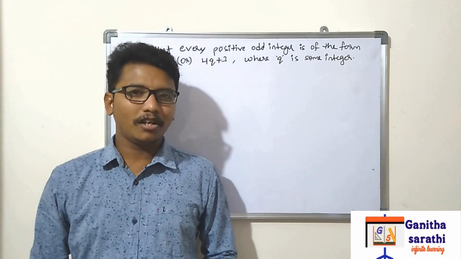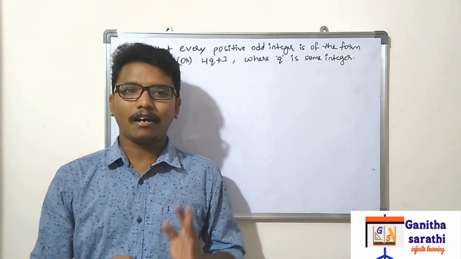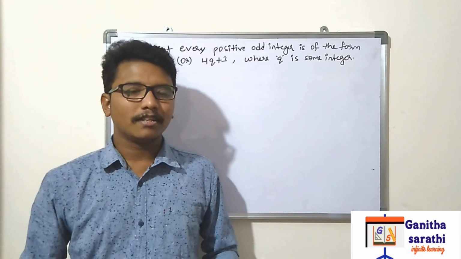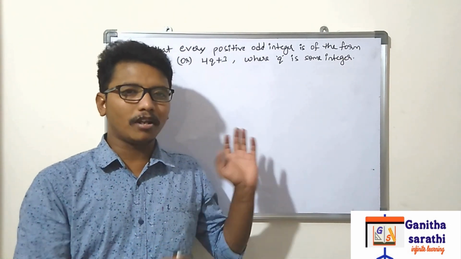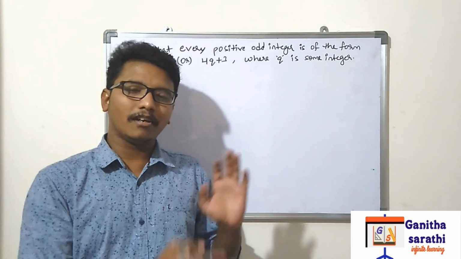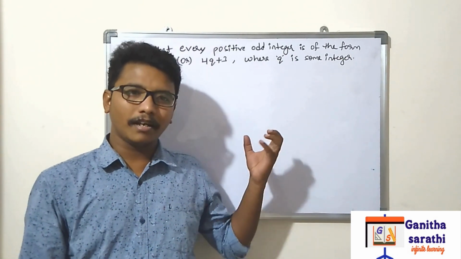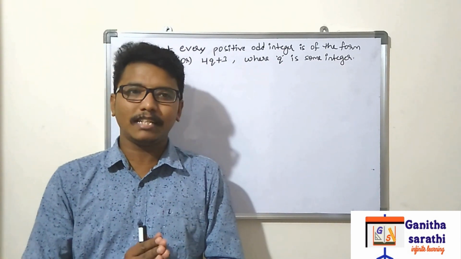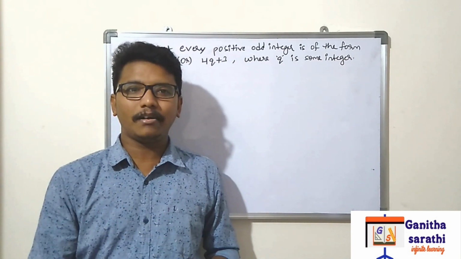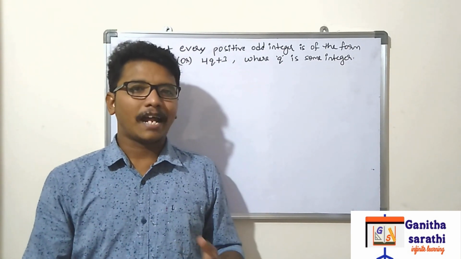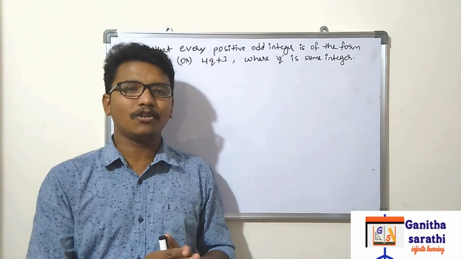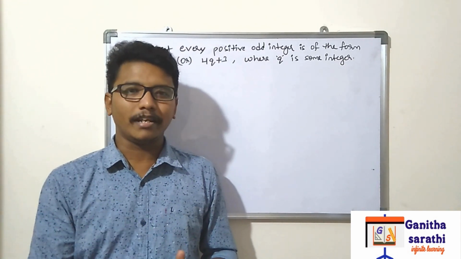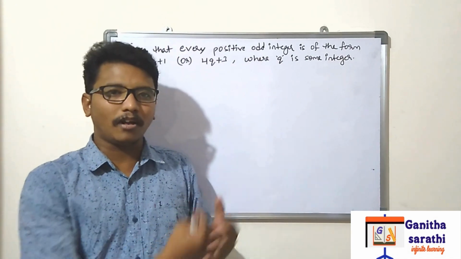In our previous video we discussed Euclid's division algorithm HCF problems, right? Now we will use other model problems. Here also we will use Euclid's division algorithm statement and condition. What is the statement derived by Euclid? A is equal to BQ plus R, and what is the condition? 0 is less than or equal to R less than B. We will use that condition and solve the problem.